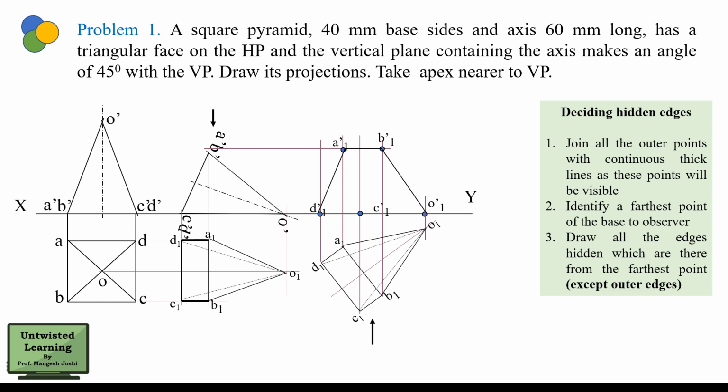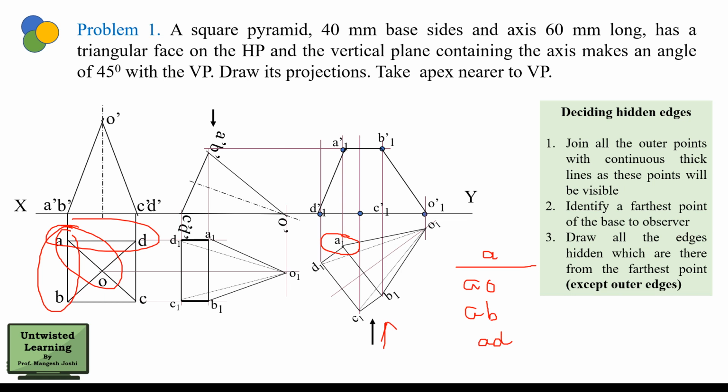Now whenever you are drawing front view, you are seeing from here, front direction. So the farthest point from the base is A point. Okay, so just list down the edges coming from A. So you can see AO is the edge, AB is the edge, and AD is another edge. Okay, so let us check whether AO is on the outer side. No, it is not, and hence it will be drawn hidden. Now check whether AB is lying on the outer side. So yes, it is lying, so it will not be hidden.